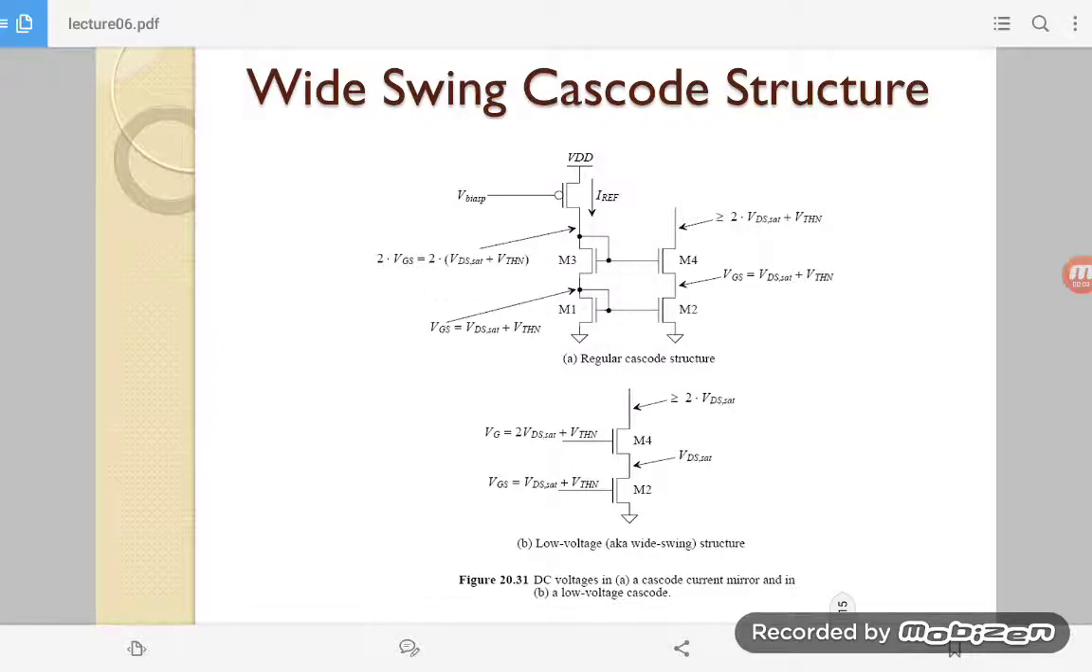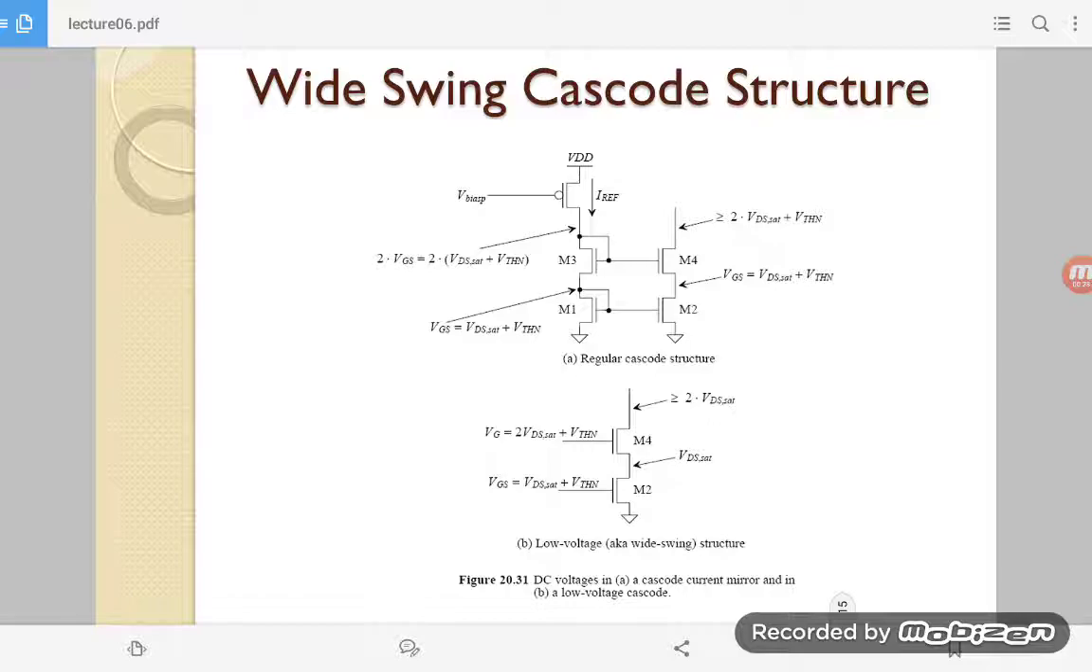Hello everyone. So this topic is on the wide swing cascode structure, another modified current mirror structure that we are going to study. Before going to that, we need to identify what the requirement is to have another sort of current mirror. So if you study this cascode current mirror structure one more time, then you will feel